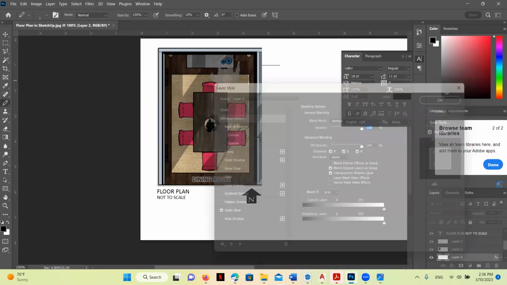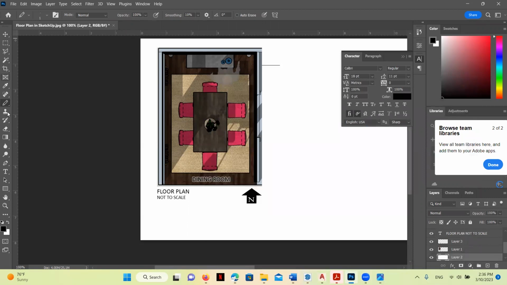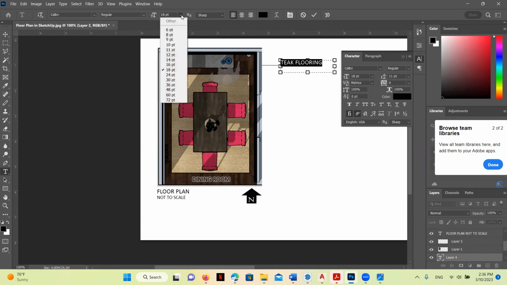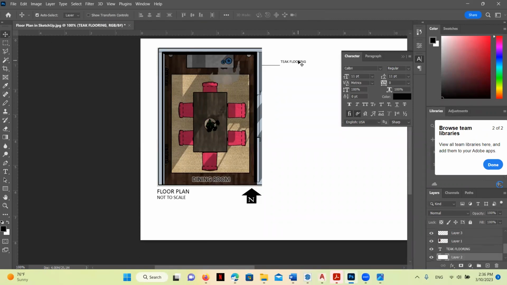I'm not going to do it now, just in the interest of time. And then all you need to add over here is the text box that says perhaps flooring, let's say. We want to make sure it's left justified and that our text box is large enough to try to get it on a single line. We're going to bring the size down to perhaps 11, and then we'll go ahead and move it.